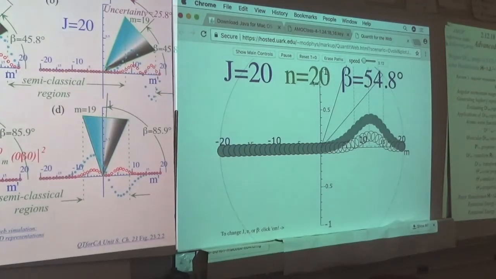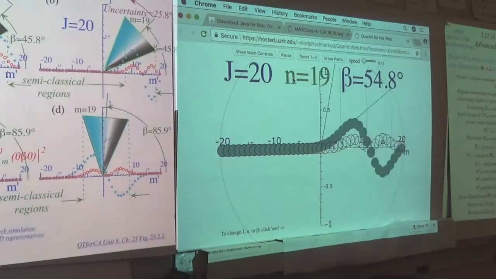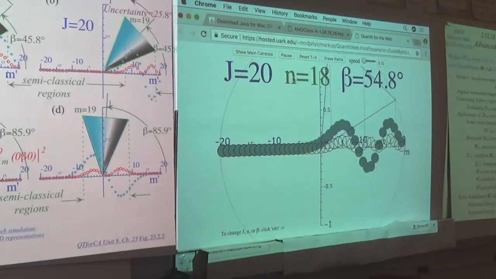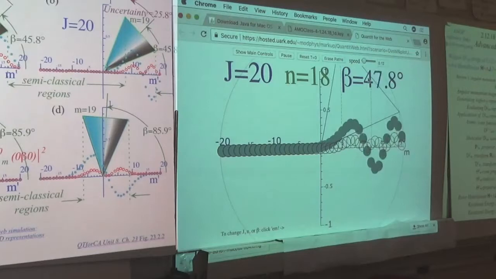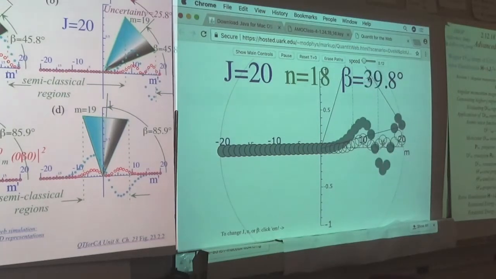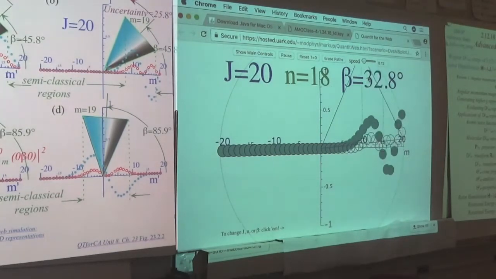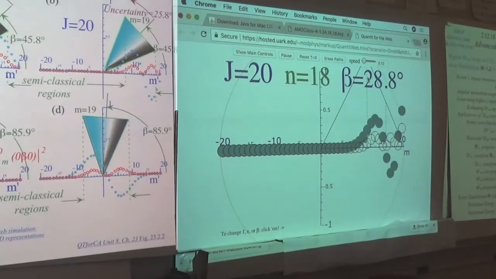But what's really fun is to leave the j equal 20 alone at first, maybe bring this one down. If I click here, nothing happens, but if I click on this side of the equal sign, I come down to 19. If I click again, I come down to 18. And then go back here and take the angle up. Now if I take it up and go too far, like if I get this cone to lay over on the side there,